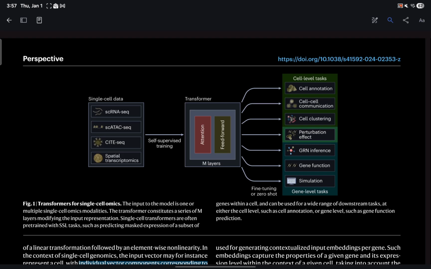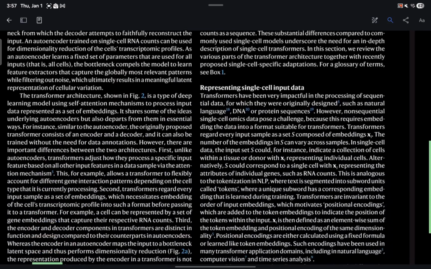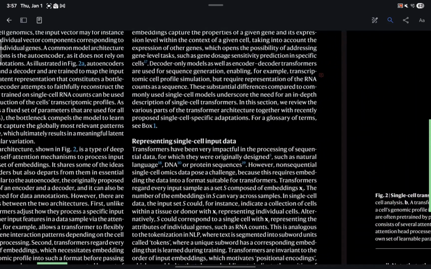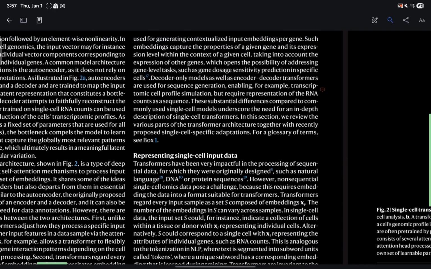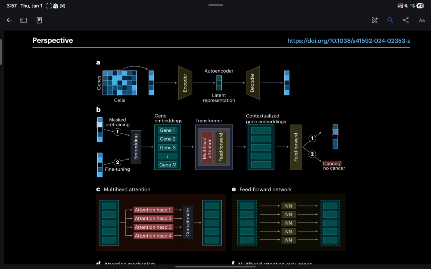Basically, you want to know functionality of the genes, and then the final boss is simulating the whole cell, or have the cell in silico. So here they talked about the background a bit and preparing data. So past that, go to the second